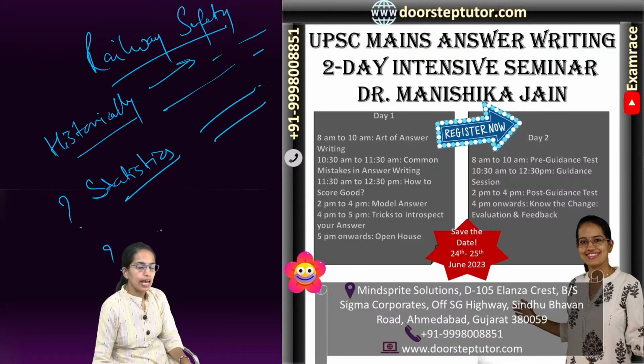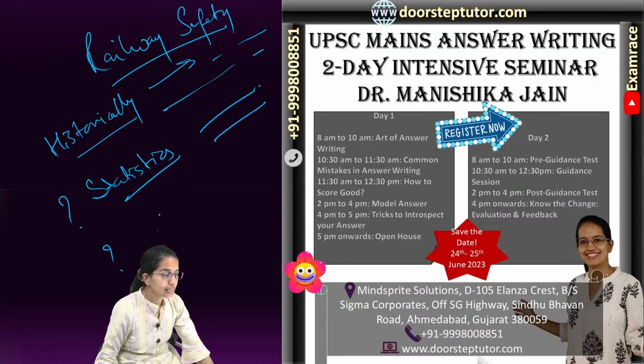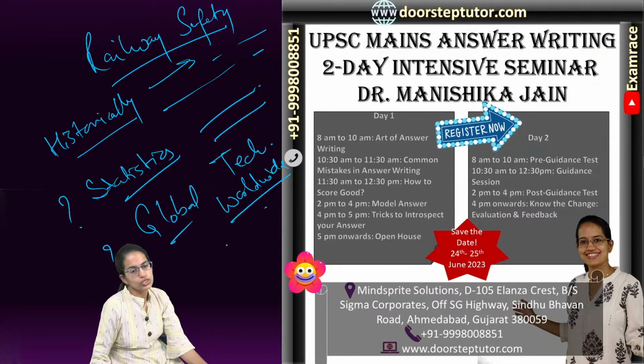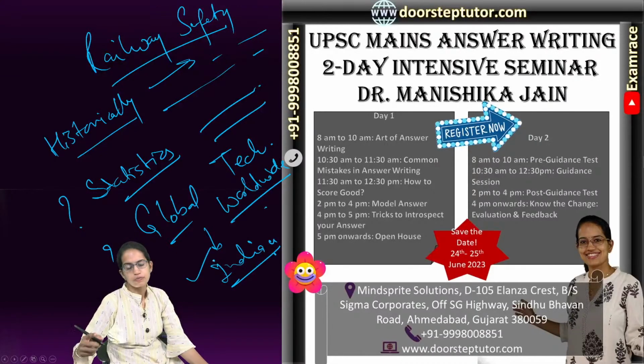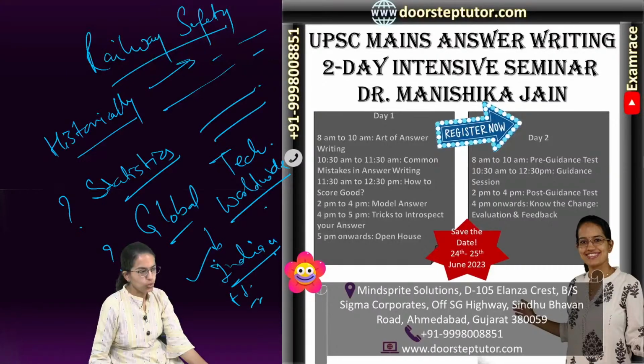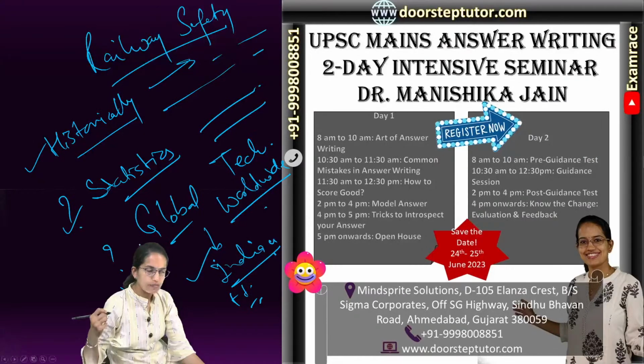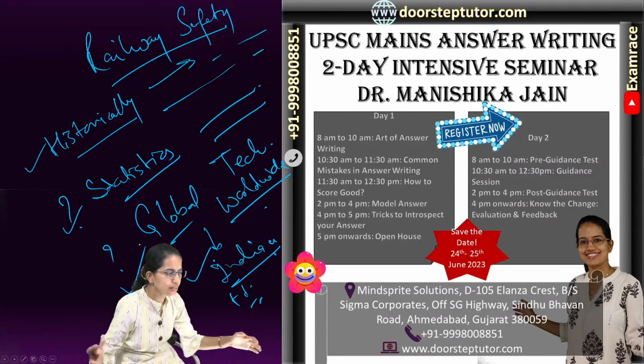The third way I can start my answer is a global picture. What are the other technologies which are used worldwide, and compare those technologies to the Indian technology and say what could be the additional plus things that could be taken into account. So these are different perspectives in which I can start my answer,